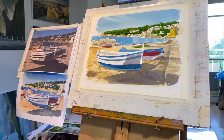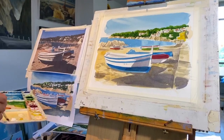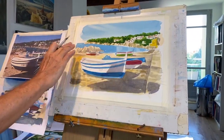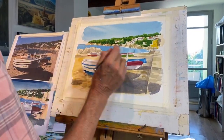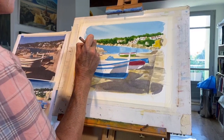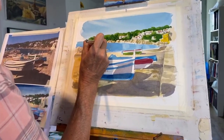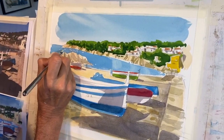And mix that almost pretty solid actually. Probably. And I'm going to flick it. That could have gone a bit darker. The sea could have gone a bit darker, but we could be here for a few more hours if I did paint that again blue. So I've got a very strong, literally pretty solid white. If you look at these, darling, there we are. I've got a little bit of a...